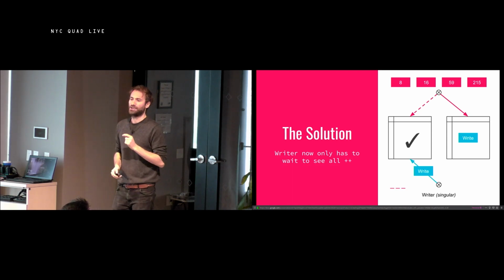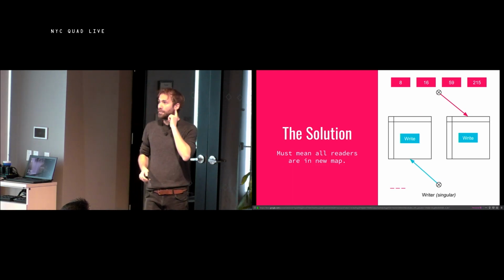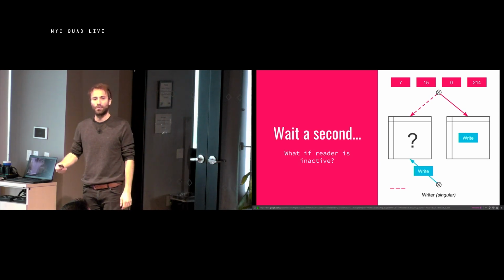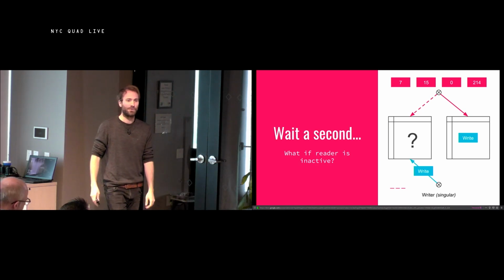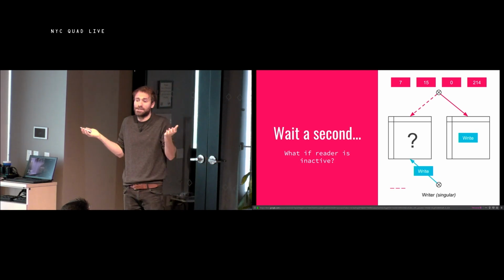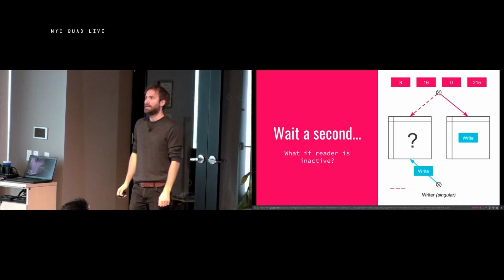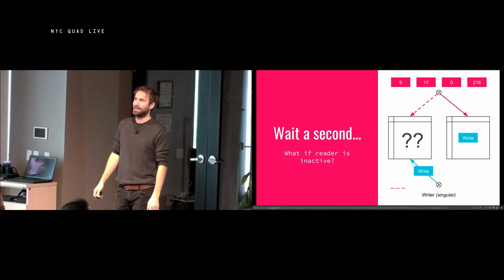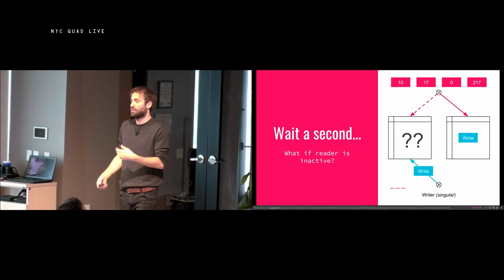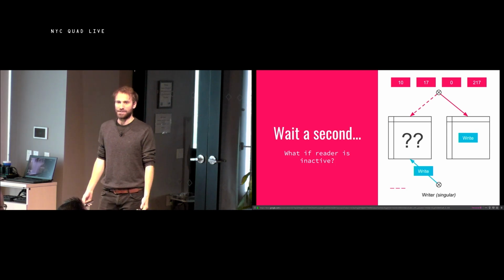Now, this is not sufficient either. Now, some of you may be able to realize why. In particular, what if a reader is inactive? What if you have a reader that just never does any reads? They're just going to sit there. Like they created a handle to the map, and maybe they did some reads in the past, but now they've stopped doing reads. The writer is going to just keep waiting, and see the counters increase for all the readers but whichever ones are inactive. This seems problematic. What do we do about this?